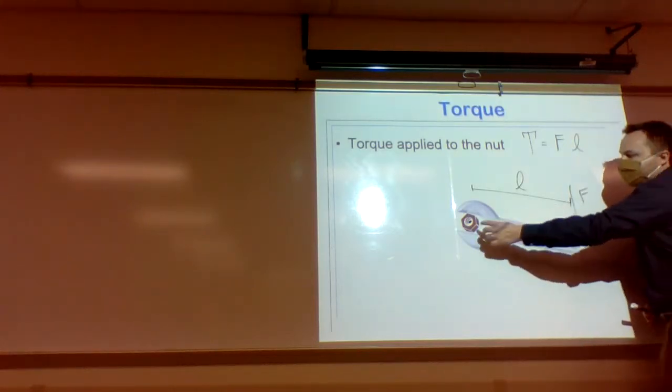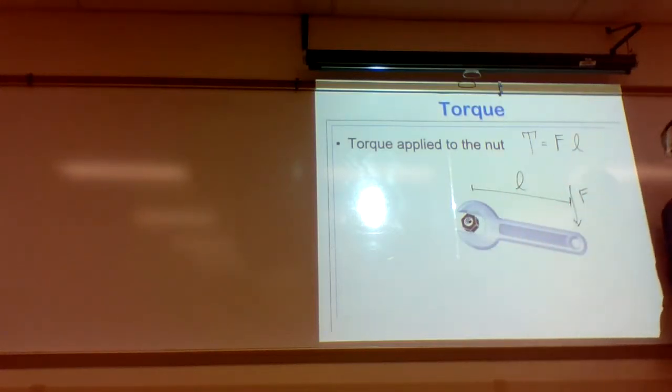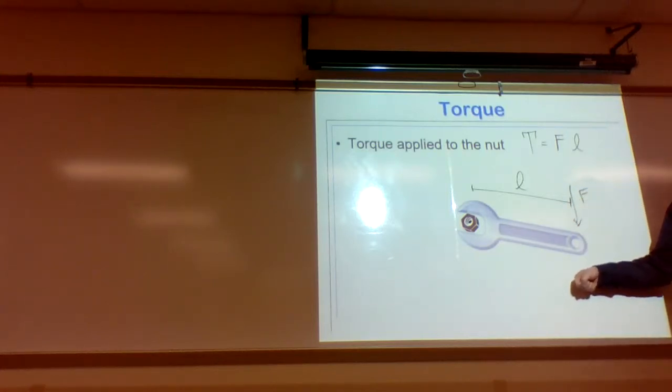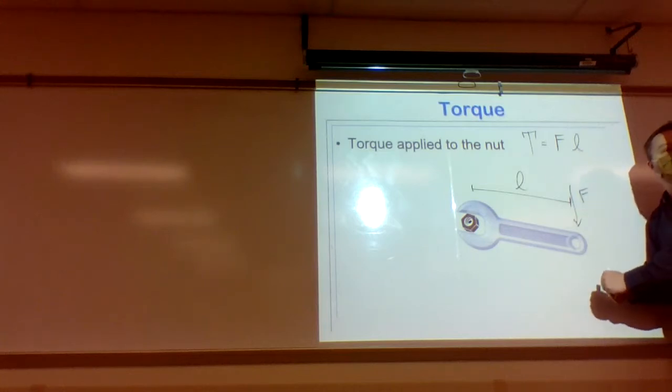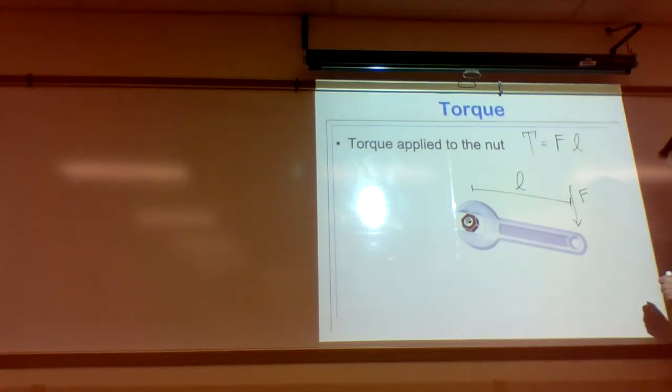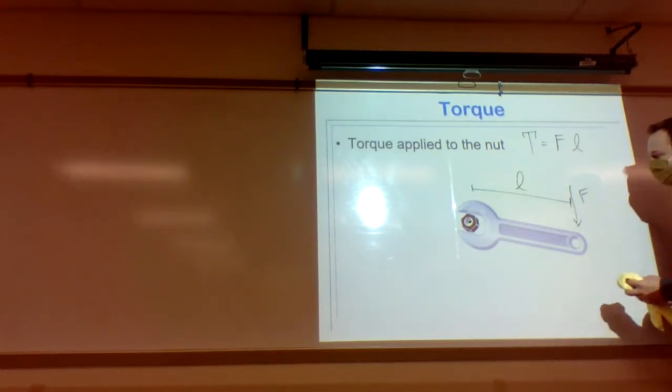So if this thing is not spinning, if it's rusted up, how do I get it to spin? Well, I can apply more force, right? Put both hands on here. Maybe hang off of it if I can, right? Somehow I can increase the force applied out here, okay? What else can I do? You guys ever heard of the term cheater bar? Probably heard that term before. What is a cheater bar? It's like a long piece of pipe that goes on the outside of it so you get more leverage. Exactly. You put a pipe,